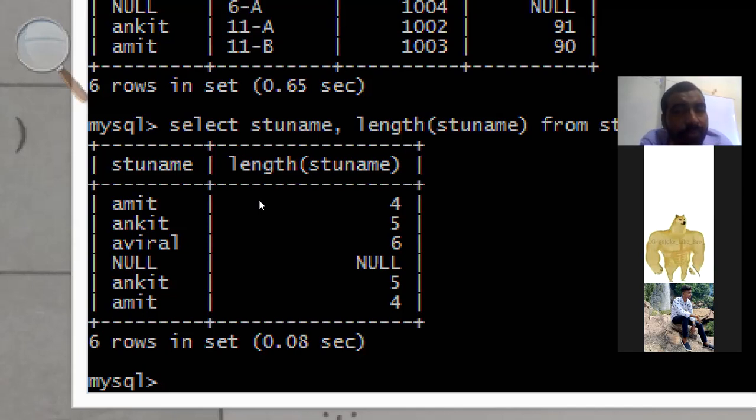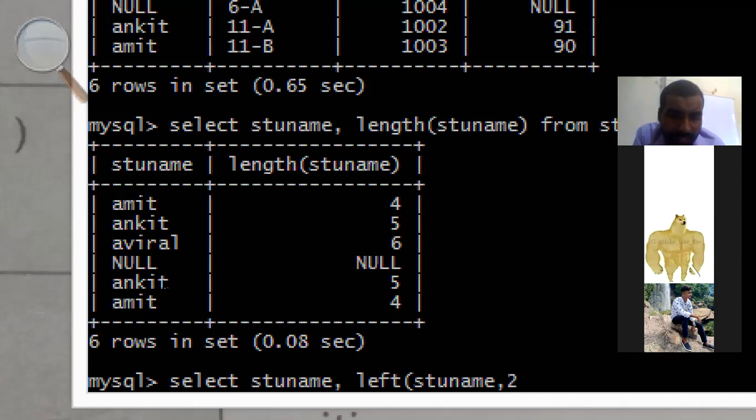Have you understood? Now let me use the left and right functions. Select STU name, comma, left, then STU name, comma, how many characters you want from the left side.